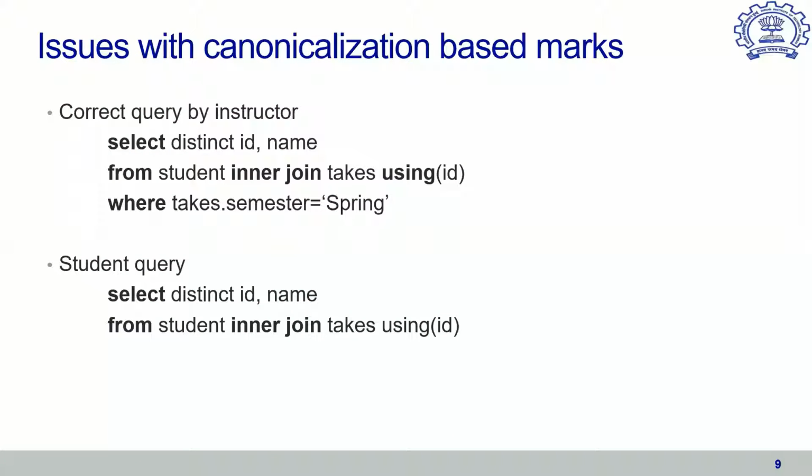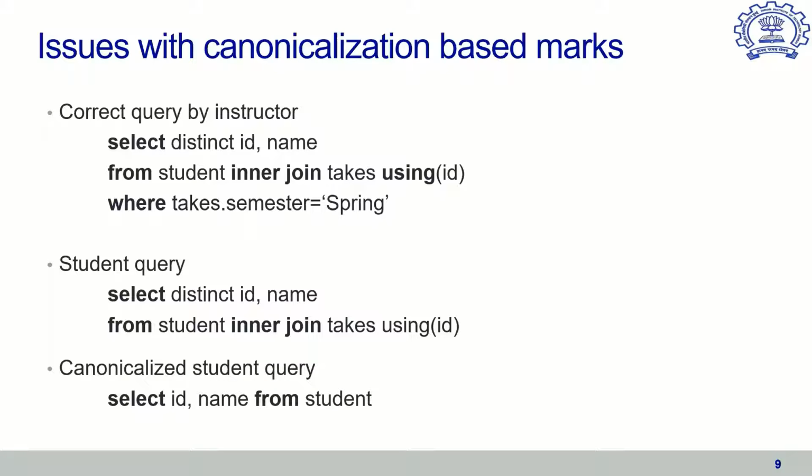It may seem that we can directly use canonicalized edit distance to award partial marks. However, canonicalized edit distance is also not fair to award partial marks to students. Consider the following pair of a correct query and a student query. The student query has one error, as he has missed the selection condition. However, when we canonicalize the student query, the joins can be removed along with the takes relation, as ID is a non-nullable foreign key from takes to student relation. Since ID is the primary key in the student table, the distinct can also be removed.